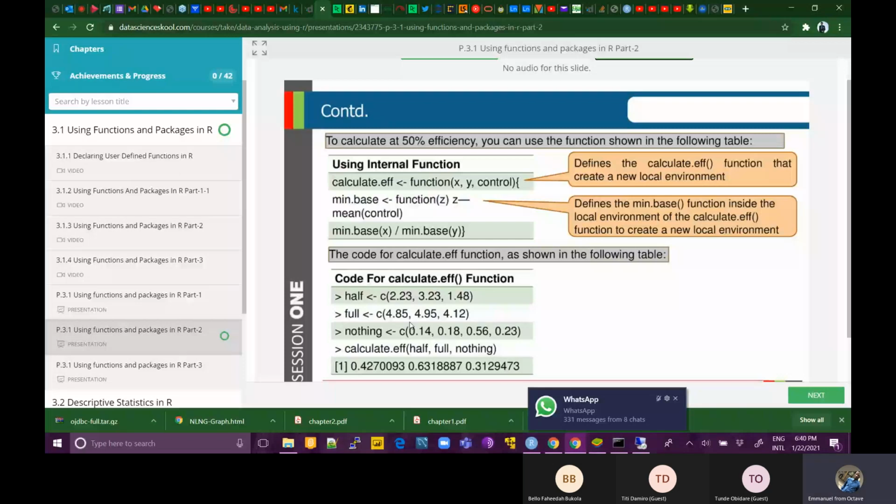Now, what's inside the body of the function is another function called min.base. And what it's going to do is take z minus min of control. Who is going to supply the argument z? Obviously it's going to be